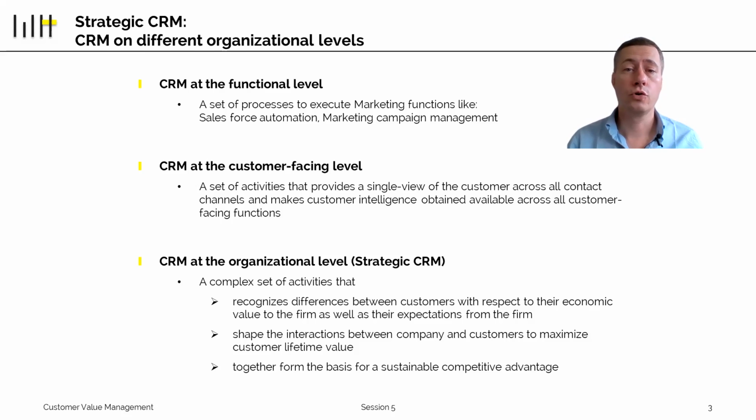CRM can help you to send out 500,000 emails to your clients per day. And if you wouldn't have a CRM tool, you probably can only send out 100 emails to your clients per day. The problem with CRM at the functional level is that it only makes things more efficient that you already know how to do. So if we go back to the example, if you do not know how to send out emails, if you are just really bad at writing emails to your customers, then CRM will not help you to get better at this.